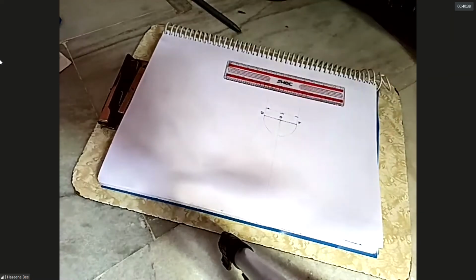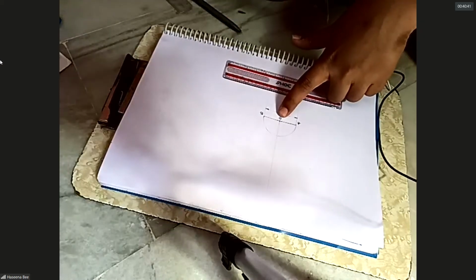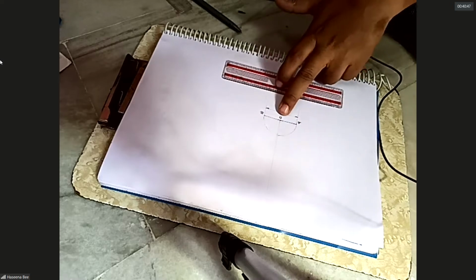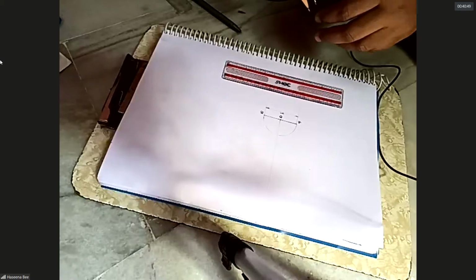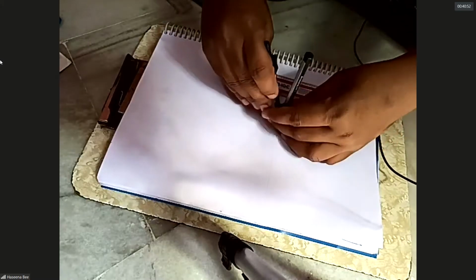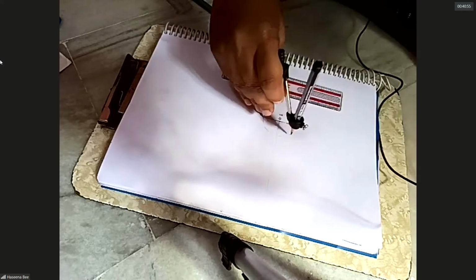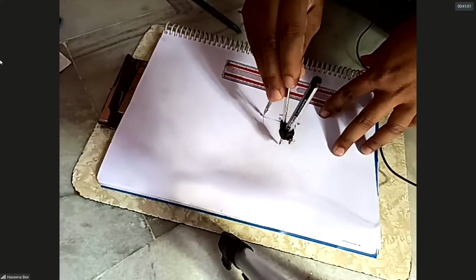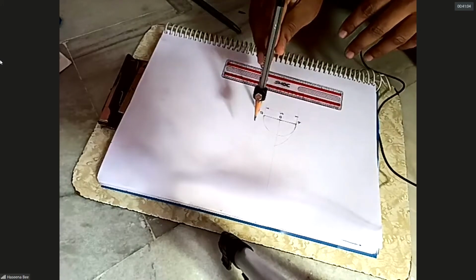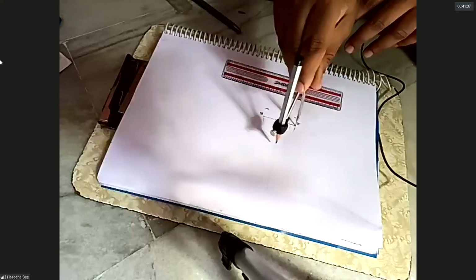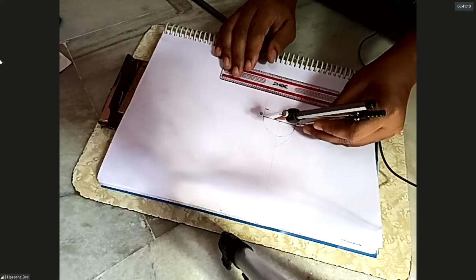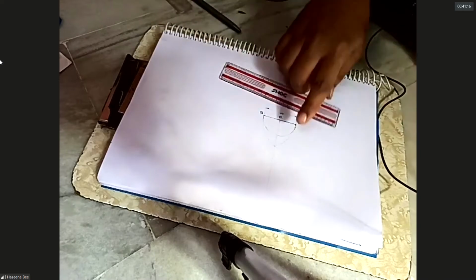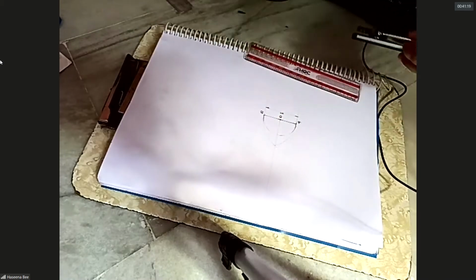On that 90 degrees line from the bisection point O, take OA or OB as radius and draw a semicircle with center O. After that, you have to take the same radius again, AB as radius, which is equal to 40. Now either from center A or from center B, you can draw. Both the points will get here only. No need to draw from both the centers. From any one center you need to draw.